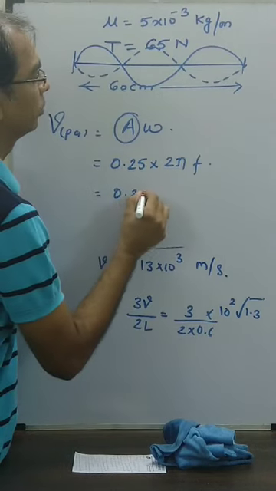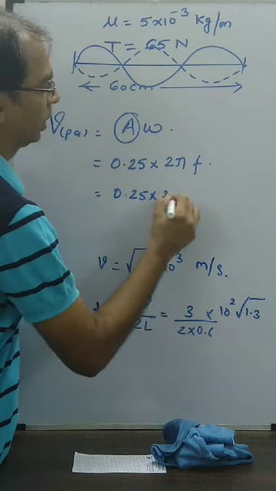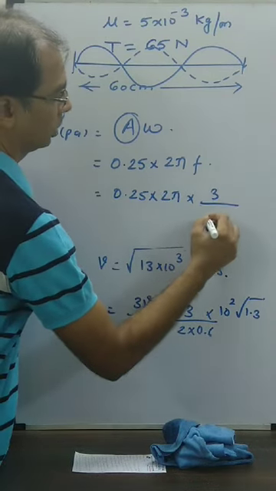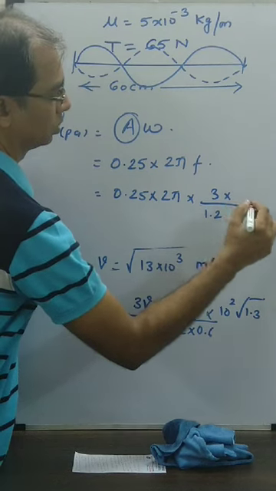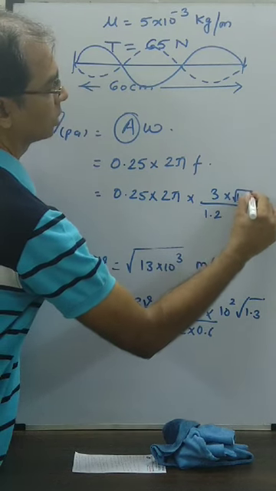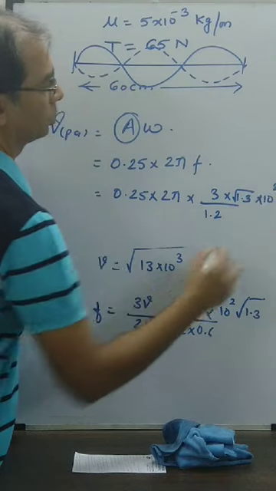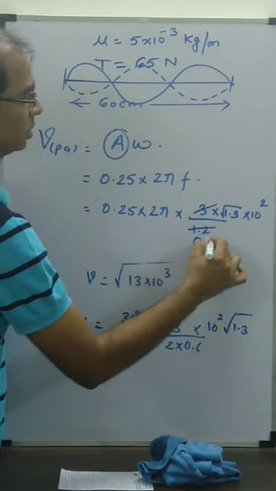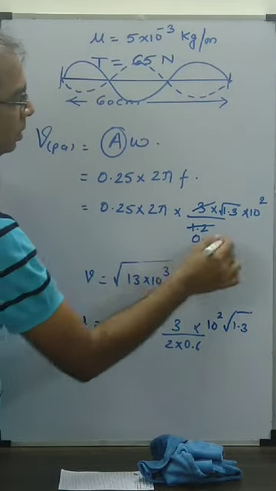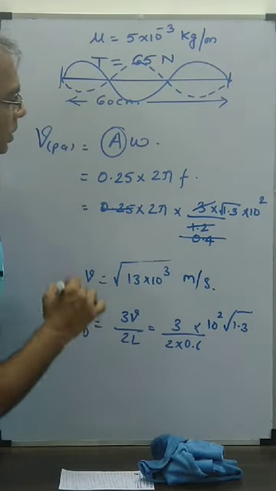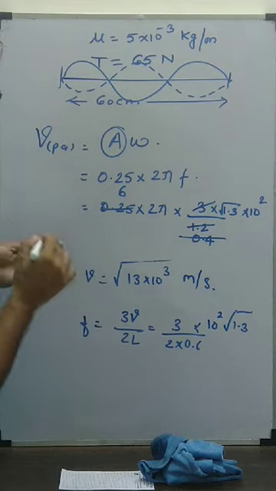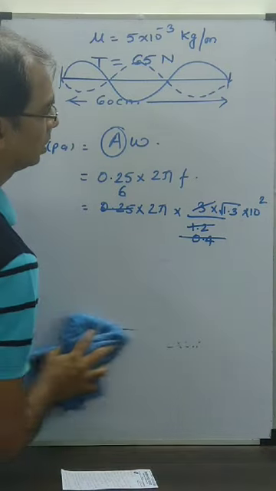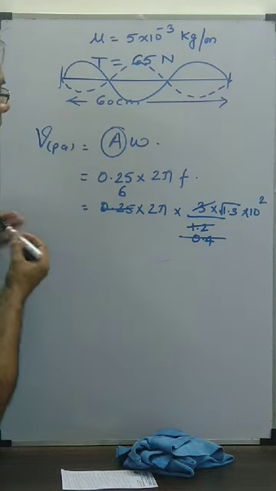So 0.25 is here, 2 pi, and frequency we already got. So 3 by 1.2 into 1.3 square root into 10 to the power 2. Okay, this will be our answer. Roughly, if I do this, this is 6, 12 pi, 1200 pi